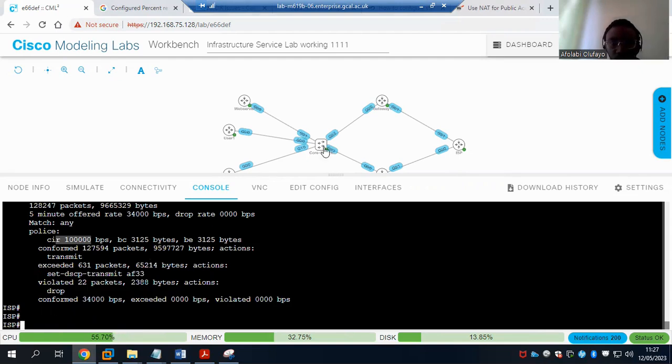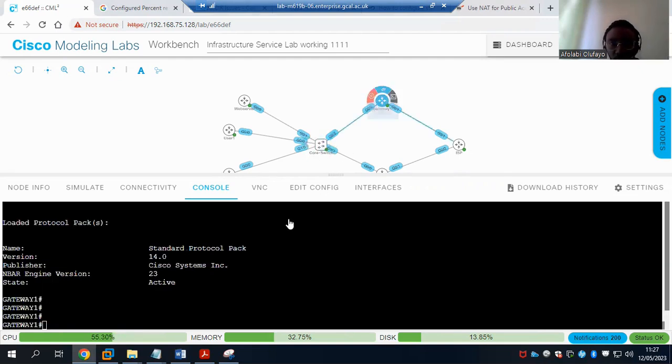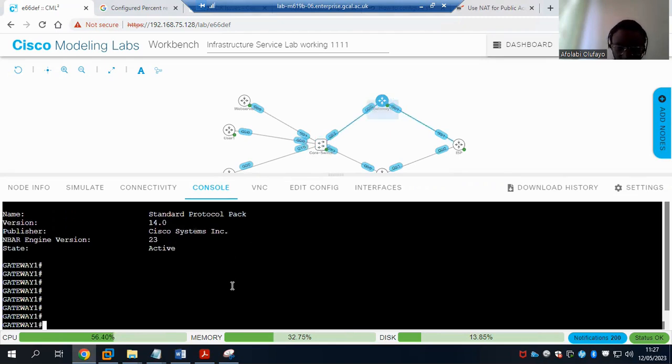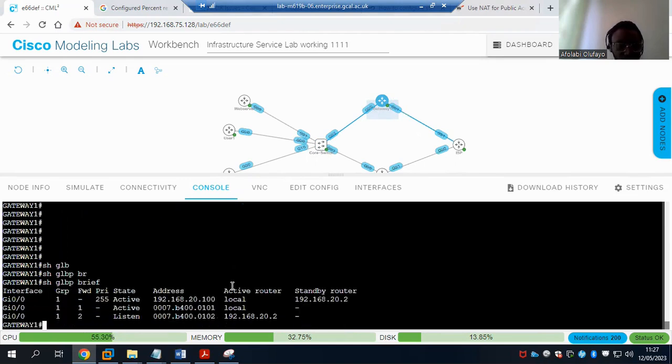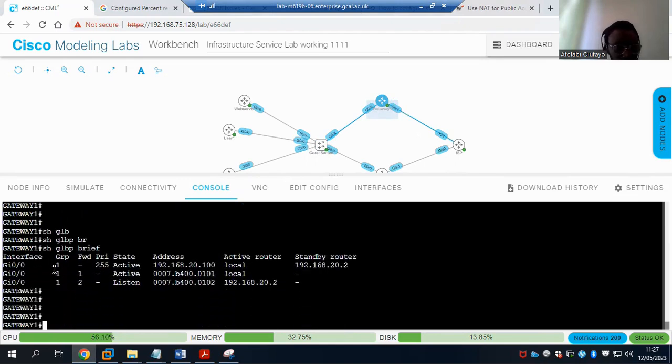Then I've also configured GLBP for my users. Show GLBP brief. So I have the group 1, and this local router is the active. It has a priority of 255. Standby router is the second gateway there, and the address of the default gateway is .100. So I also have static NAT running.